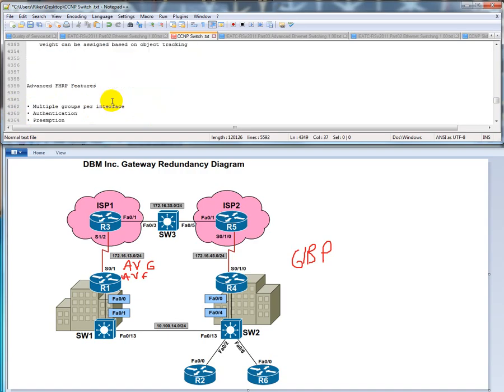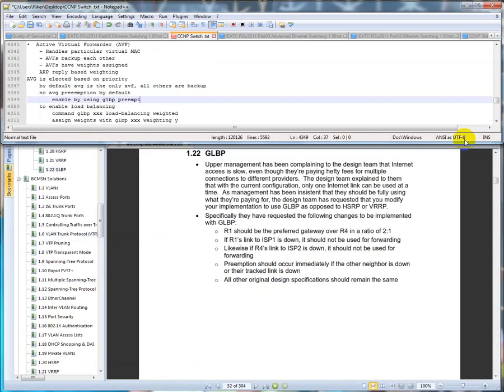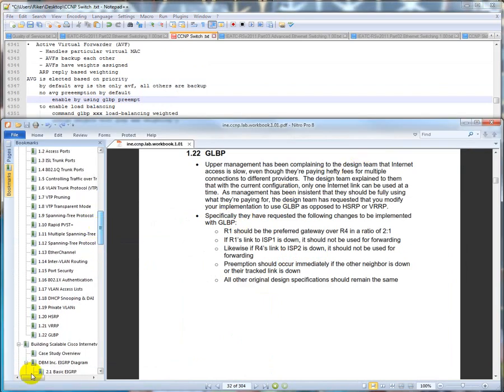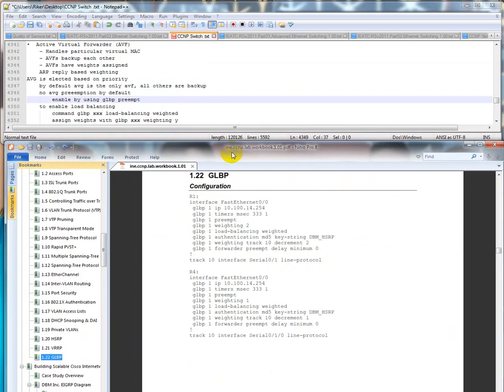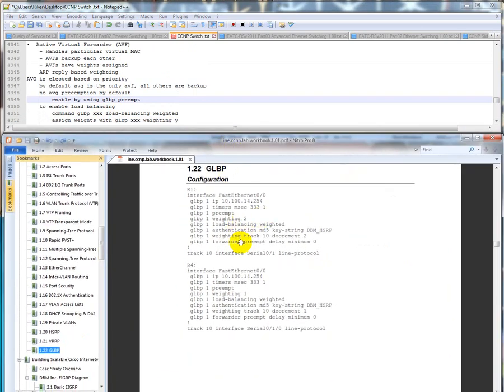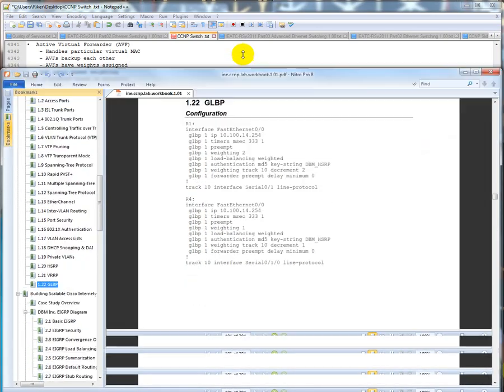So what I'm going to do is minimize this, and I'm not even going to pretend to know how to do this. It's very similar to HSRP and VRRP. I'm going to use this as my guideline because the commands are right here. It makes more sense to follow along with this than to do anything else. So I'll slide this guy up,